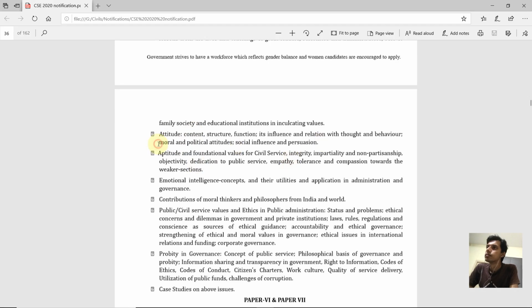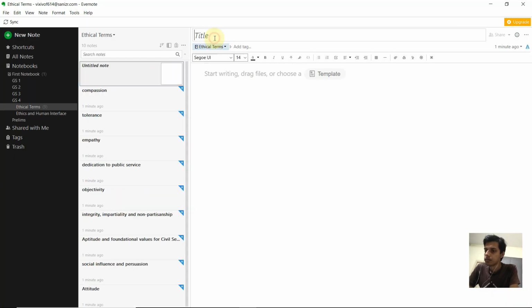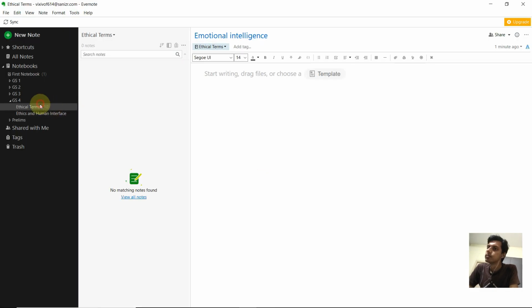Such as for attitude, for the social influence and persuasion, foundational values of civil services. So when you create these new notebooks and the new notes inside that notebook, it will be easier for you to make notes for that related ethics term.